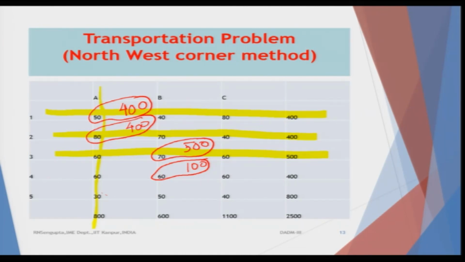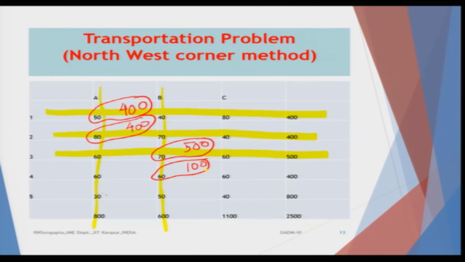Now, let us see, is fourth met? No, fourth did require 400, we have been able to give 100. So, there is still demand to be met, which is 300. So, we will allocate that from where? From the next origin, we will come to that. But let us see, why are we saying that we will be allocating it from the next origin? Because B had 600, it has already exhausted 500 trying to supply to third, and already exhausted the rest amount of 100 in order to supply to fourth. So, the whole amount of B is already over.